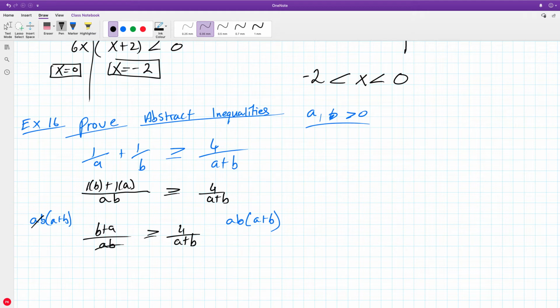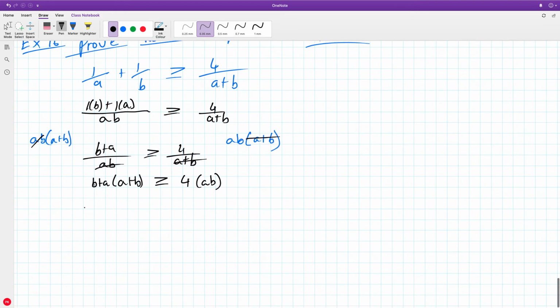That cancels with that. That cancels with that. So that's (B plus A) by (A plus B) is greater than or equal to 4 times AB. That leaves you with AB plus B squared plus, so A by A, B by A is AB, B by B is B squared, A by A is plus A squared, A by B is plus AB, greater than or equal to 4AB. That is A squared plus 2AB plus B squared